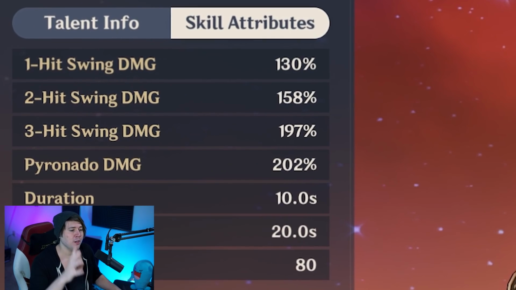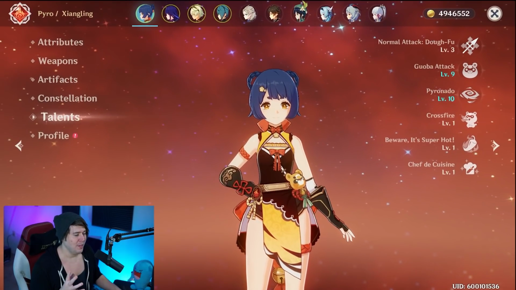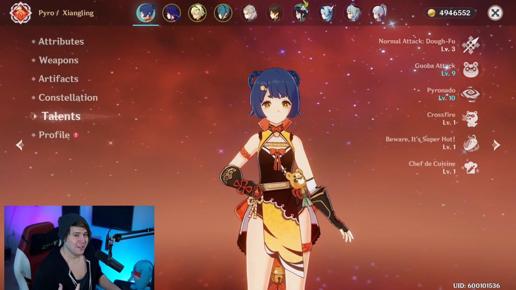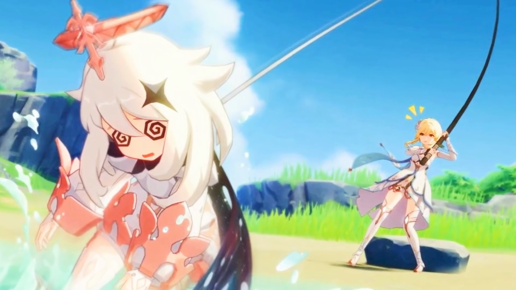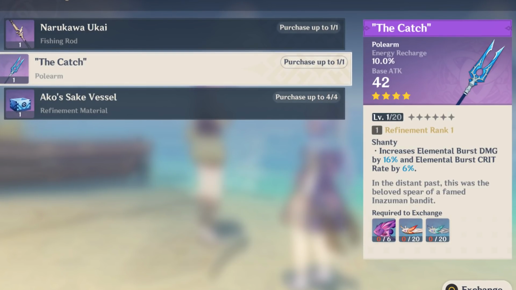And even higher than that if you have certain constellations on your Xiangling, which you'll get over time. So this is going to be where you're focusing everything. We're going to be doing damage, and we need energy recharge at the same time. So look no further than certain weapons here. As this is an elemental burst, get your hands on The Catch. Get into Inazuma, catch some fish, level The Catch up: elemental burst crit rate, elemental burst damage up, and energy recharge,